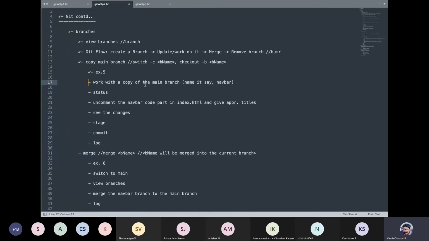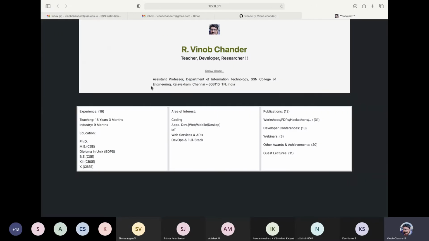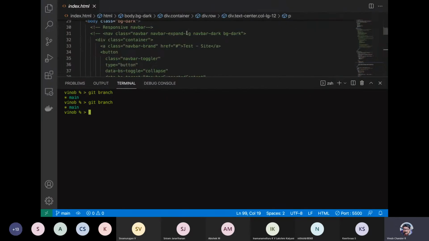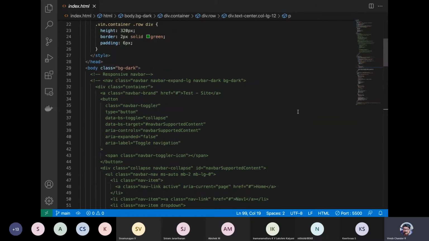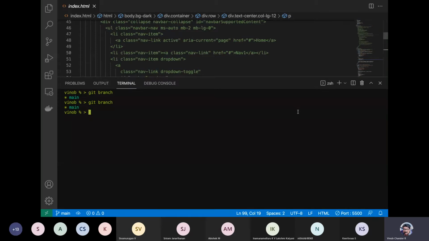So we are going to create a branch which will be a copy of our main branch, right? And our idea here, as I've said, is to create the branch so that we can have a navigation bar. Again, we need not waste time typing the entire code. This is not a coding session or a coding workshop, right? This is all about making use of the commands in a much more fluent and comfortable manner. We have the code already available here. So let us go over to the terminal again.